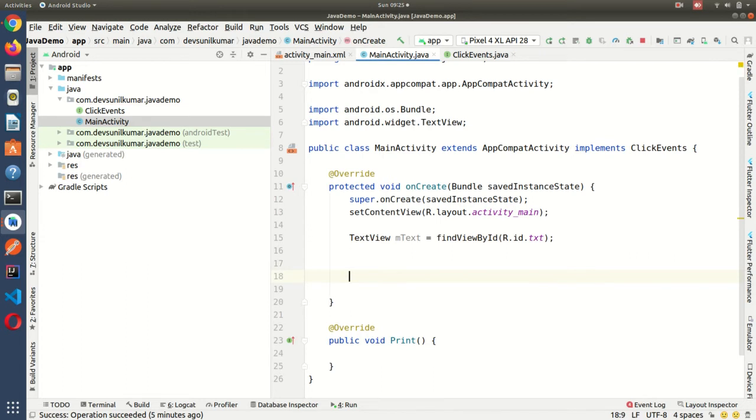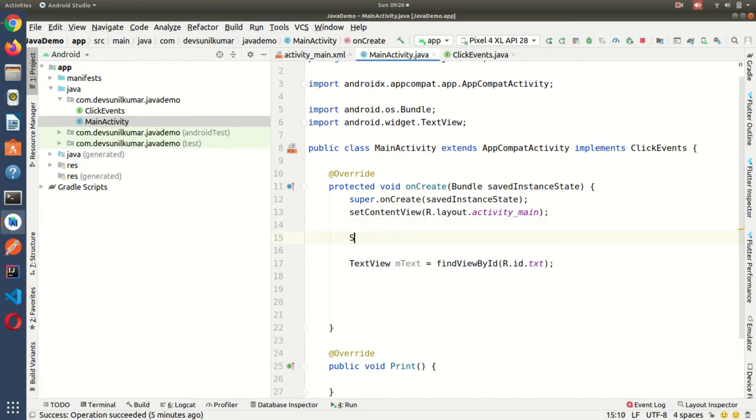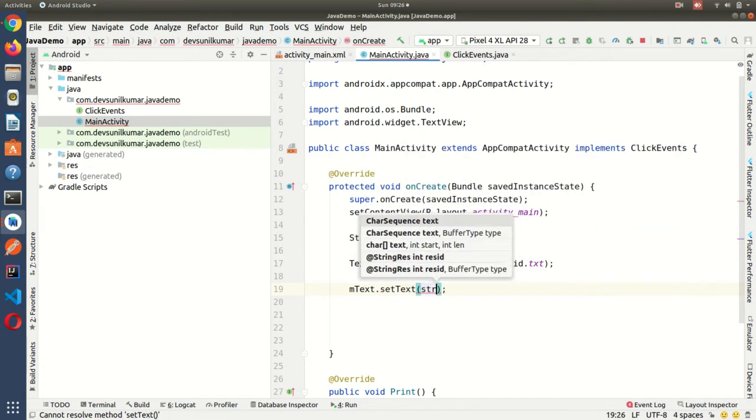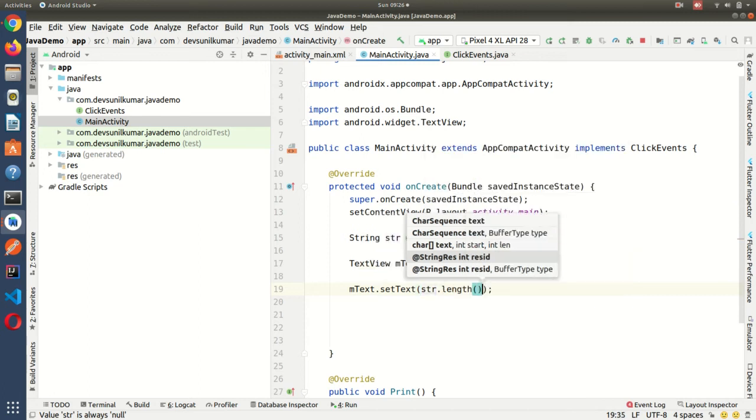Now I am going to set this text. Before that I want to take one variable, a String str is equal to null, semicolon. Now I want to set this null to mText with setText str dot length.